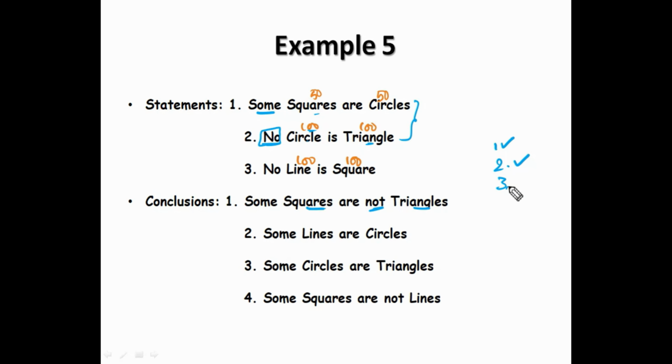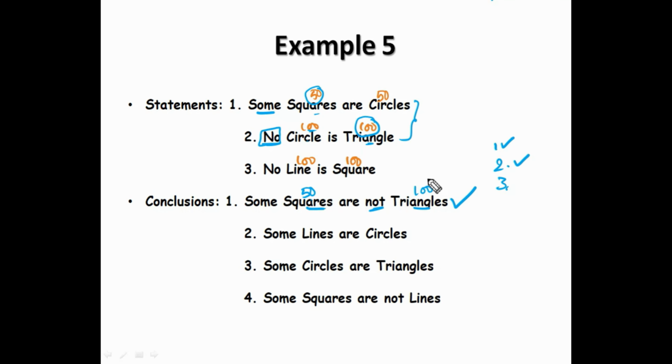And in step 3, income and expenditure. How much expenditure do we need? Squares 50, triangle 100. So squares is having how much income? 50 income. Can you spend 50? Yes. Triangles is having how much income? 100 as income. We need 100 only. So that's why it follows. Conclusion 1 follows.